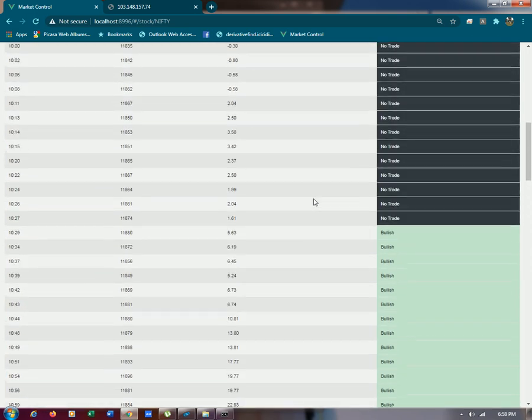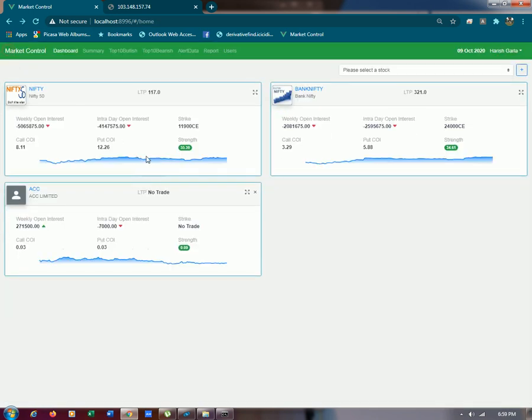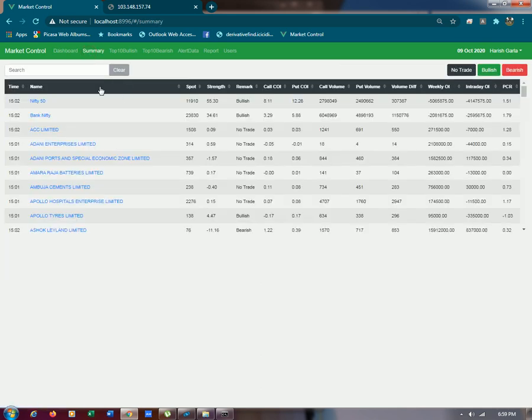And apart from that, if you come to the main screen, the dashboard is there. After the dashboard, you have to go to summary, and in summary you will get the track record of all the systems, all the stocks. Here the stocks are divided into 3 columns. One is no trade, that is stocks where no buyers and sellers are aggressive, so you have to leave those stocks. If you press no trade stocks, these are the stocks which are in the no trade zone.